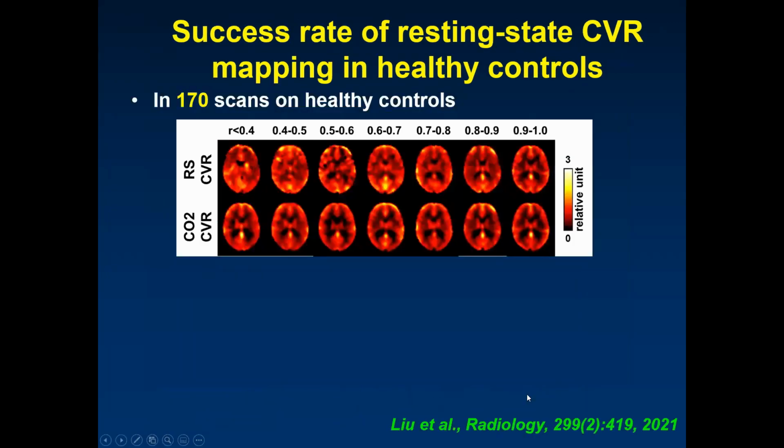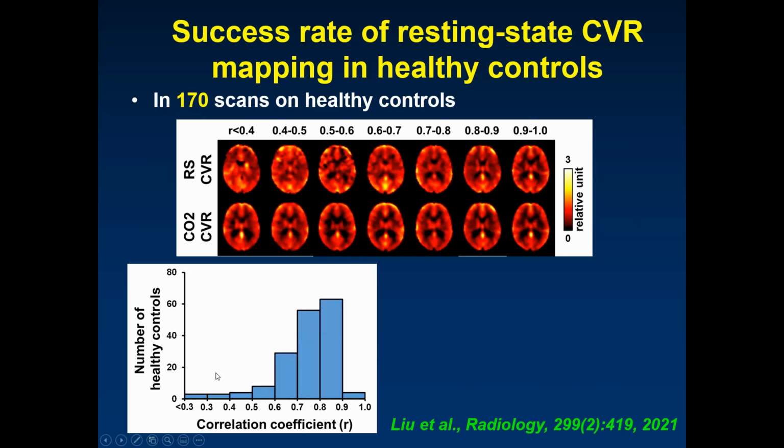We then used this frequency range to get relative CVR maps for each subject, and shown here are examples of resting state CVR maps and their corresponding CO2 CVR maps at different ranges of spatial correlation. You can see that when the spatial correlation is low, the resting state CVR map has lower quality compared to the CO2 CVR. And shown here is the histogram of the correlation coefficient